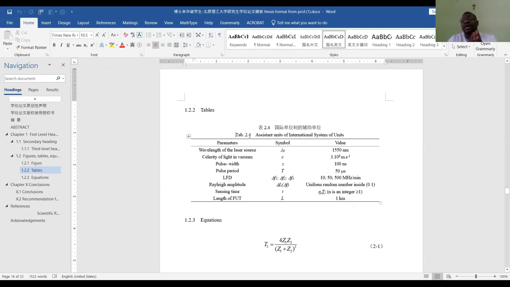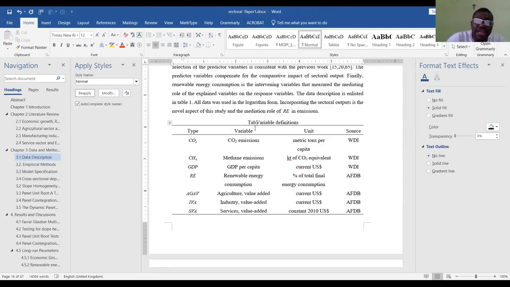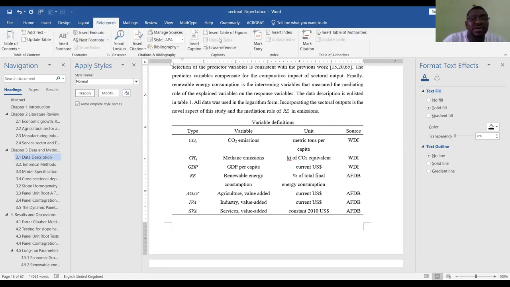So it means 2.1, 2.2. That's for chapter 2. Chapter 1 would have been 1.1, 1.2. Chapter 3 will be 3.1, 3.2, okay? So we're going to adapt the same formatting style. Okay, so here, learn to number your tables using the reference. So we go to here,